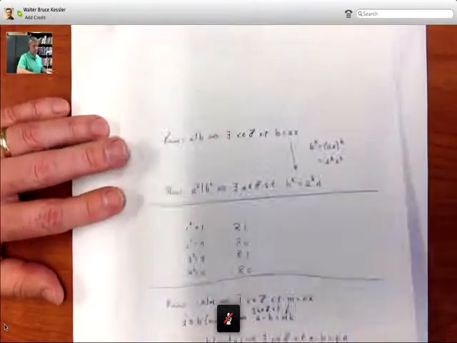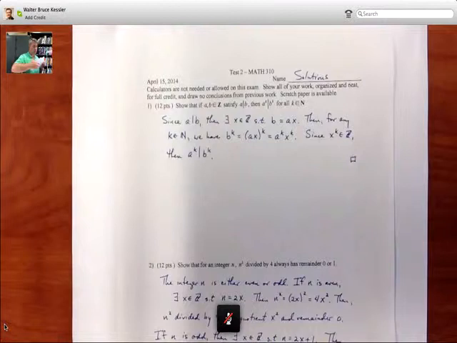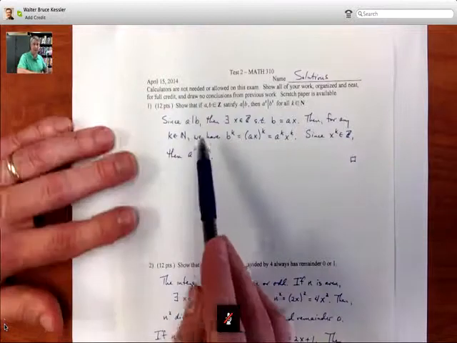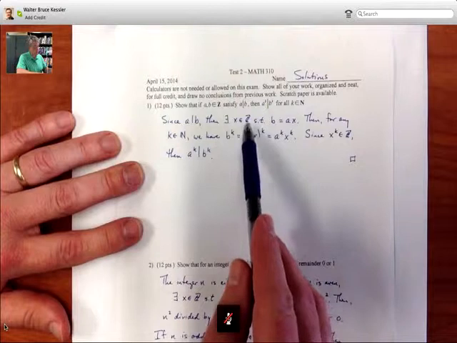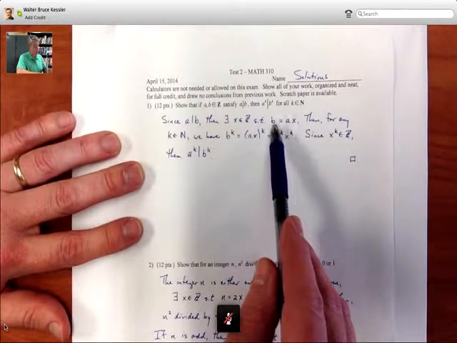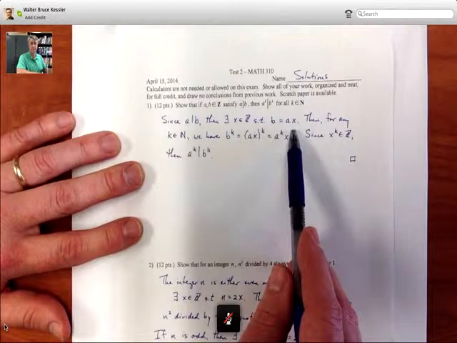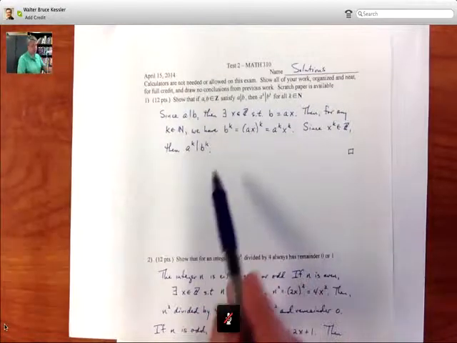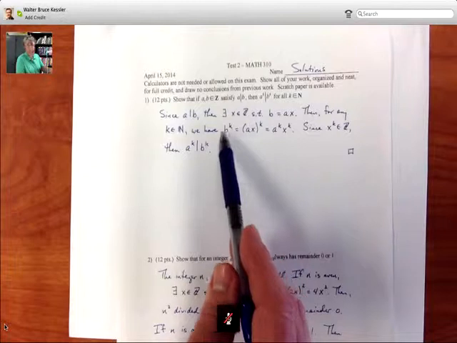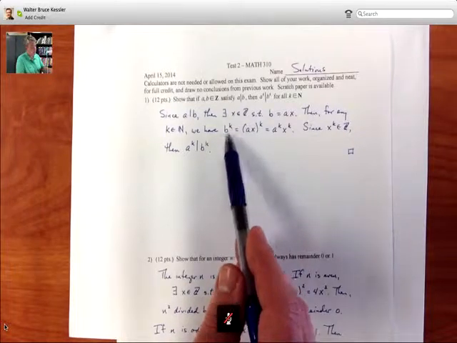So the way we wrote that up nice and clean, we said, okay, since we've got A dividing B, there exists some X such that it's an integer, and I can write B as A times X. Then for any natural number, I can apply that exponent, K. So B to the K,